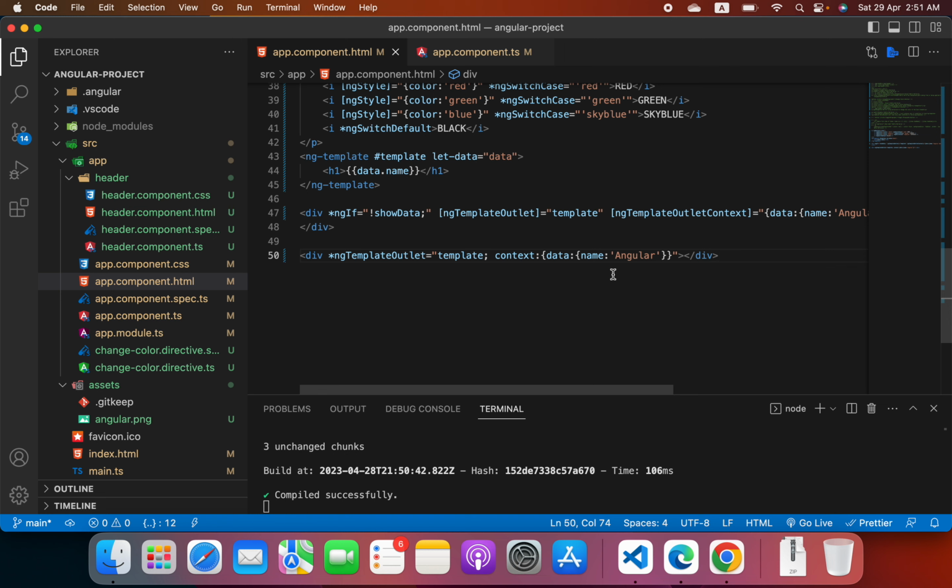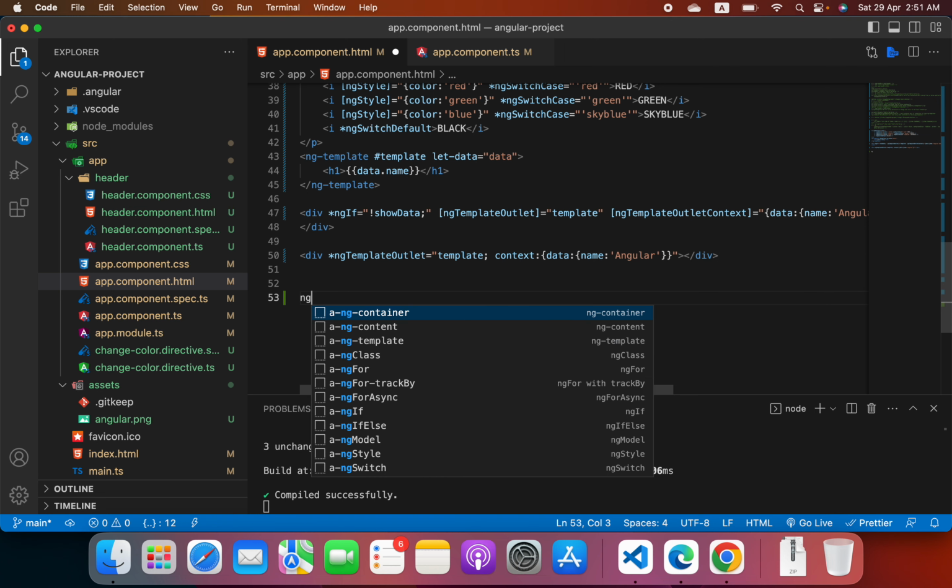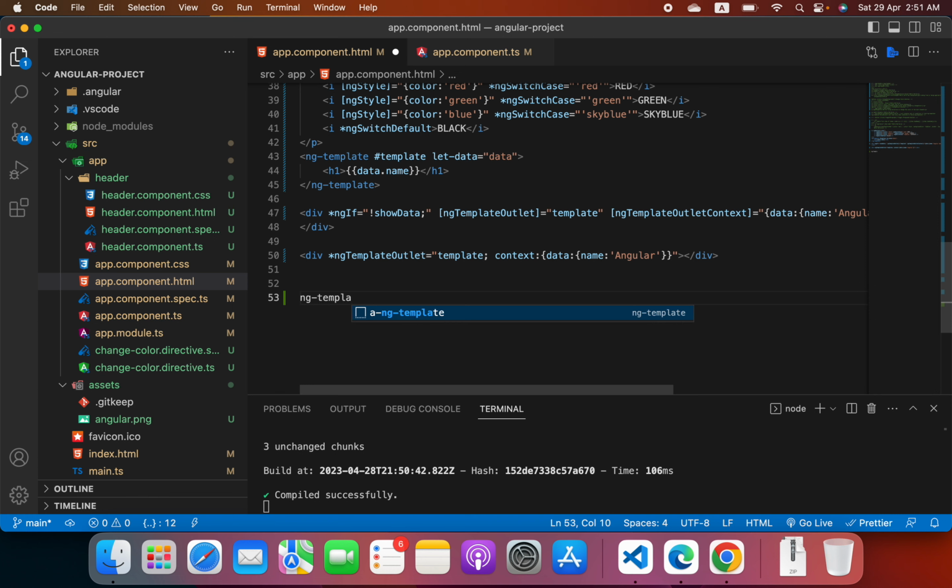Now if we want to show the data, like we have another ng-template, and here we want to show the data only when the condition is true, then we can use the ng-template, and we will not use any text inside here, else we will use the other ng-template to give its data if the condition is true, and if the condition is not true we will use another ng-template. Here we will say hash temp,